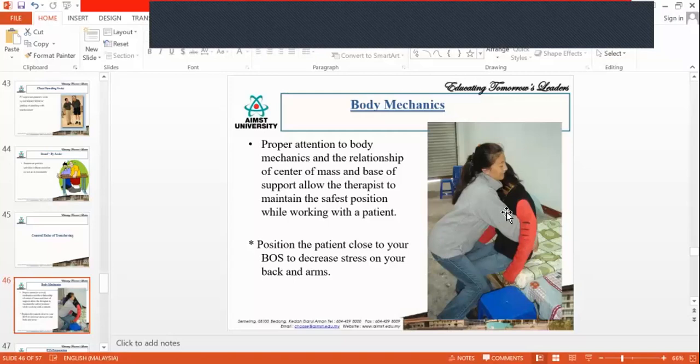In that case, you need to put more effort in the hands, and you need to stabilize the patient more using your hands, which is very, very difficult. So you need to make sure that the patient is very close to you and lying inside your base of support. Only then will you be able to stabilize the patient properly. Then always bend your knees like that. When you extend the knee, automatically the patient also will come up a little bit. You don't need to bend and lift the patient.